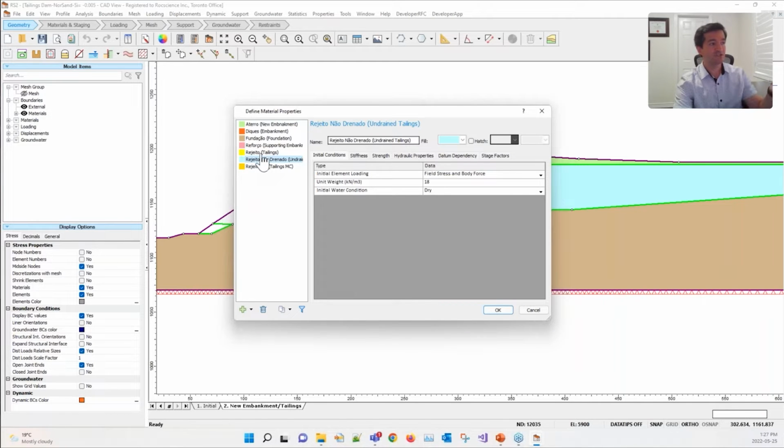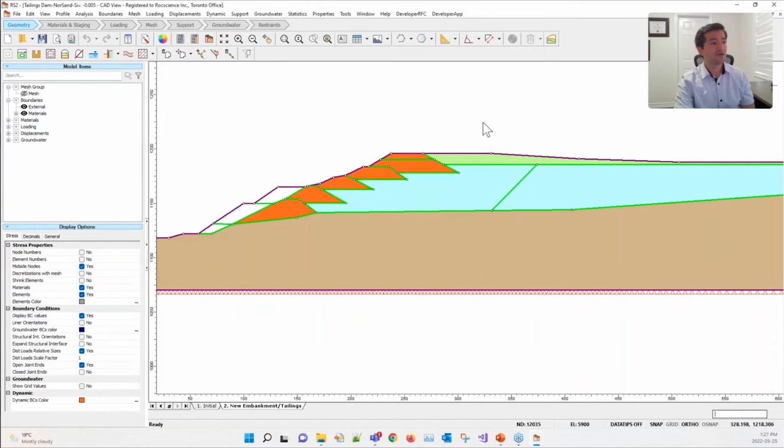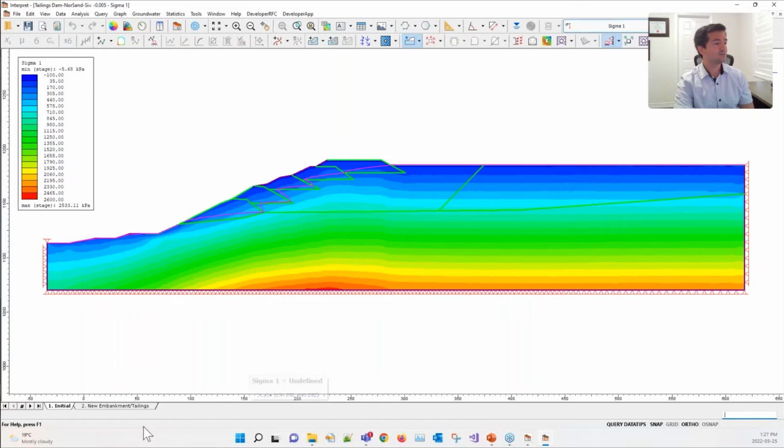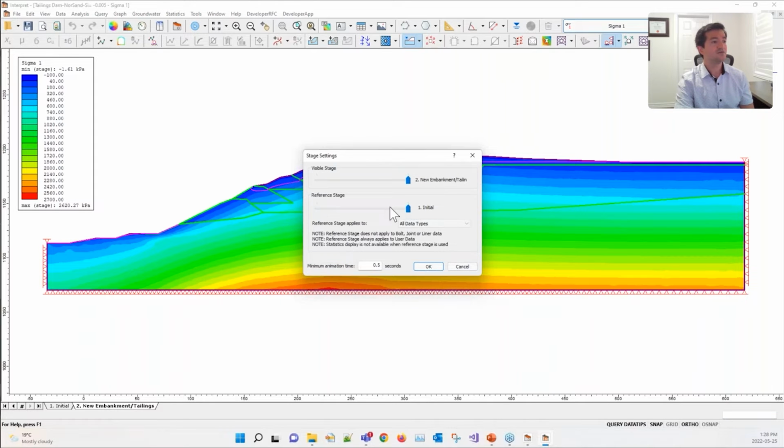I have a couple of versions of this tailing material. One of them is the Mohr-Coulomb equivalent. I will show you that one later. But this one is my Norsand material, which is undrained, and the strength parameters and all that are defined in here. I'm using the caps opening option because this is an undrained case. And when this is done, you run the analysis, looking at the results in the interpret. I can actually reference this stage to the second one